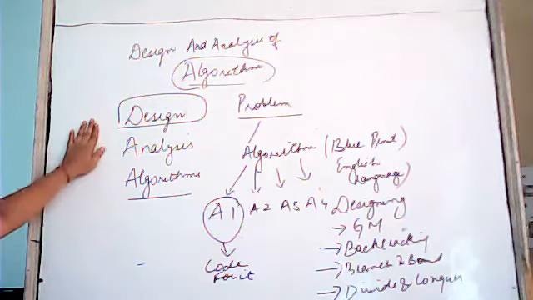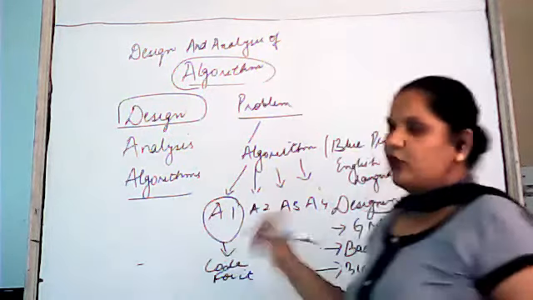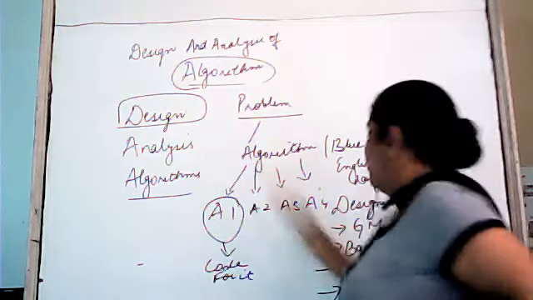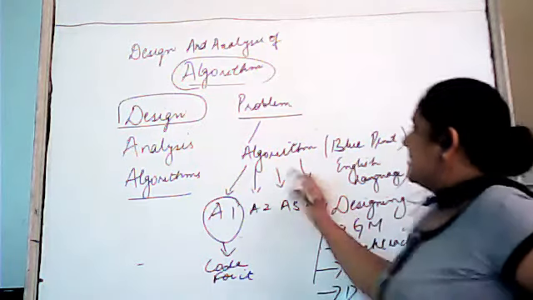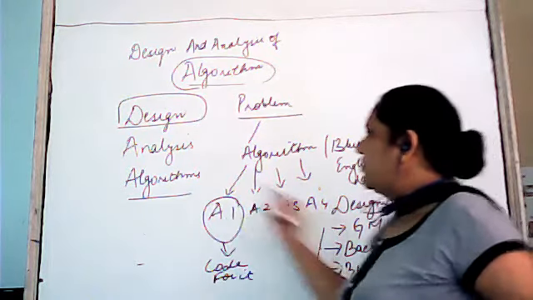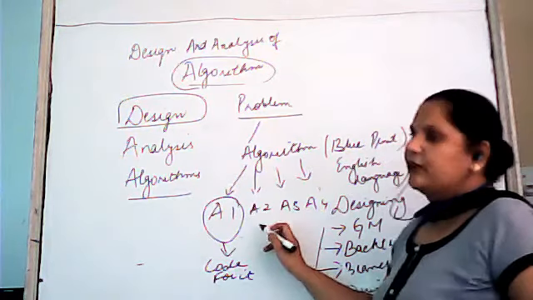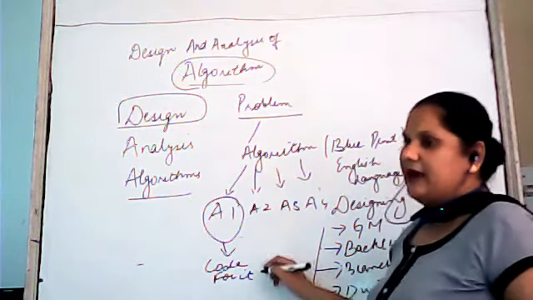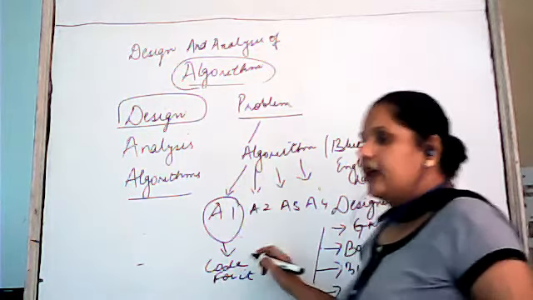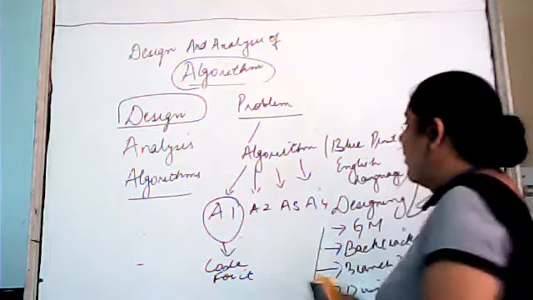That means designing an algorithm means we will write a step-by-step procedure in plain language, in any language you understand, using different techniques. You will design the algorithms, and after the designing of algorithms, you will analyze them in terms of space and time. Whichever algorithm takes less time and less memory, we will write the program for it, and later on,